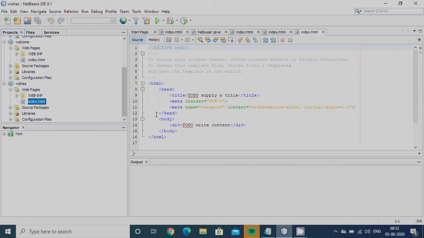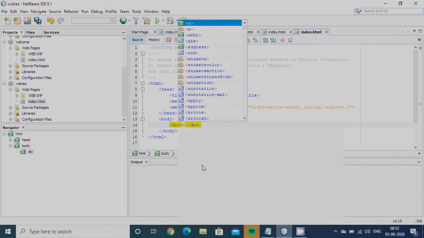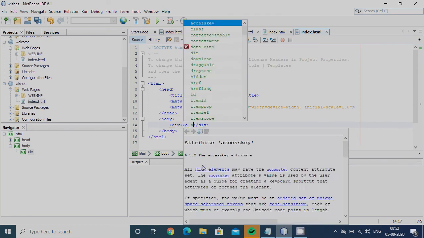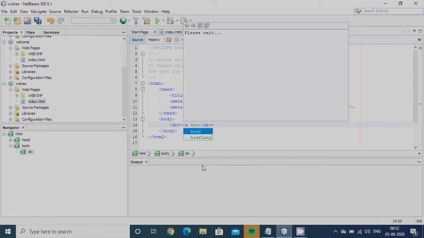The first thing I have to build is index.html. In that I'm creating a link, href.